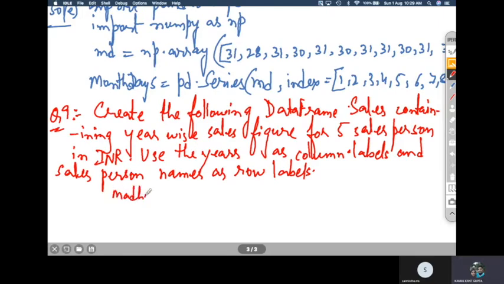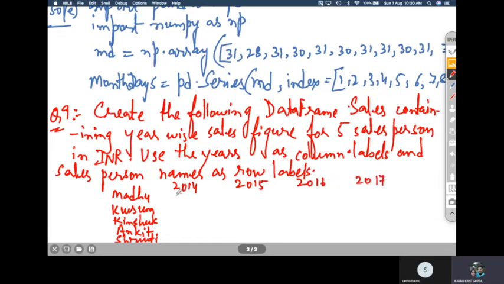Madhu, Kusum, Kinshuk, Ankit, and Shruti. And here you will write the year names as column labels: 2014, 2015, 2016, and 2017.